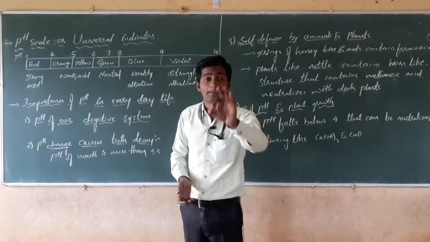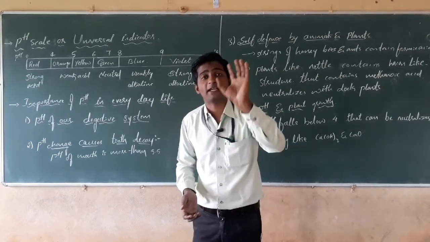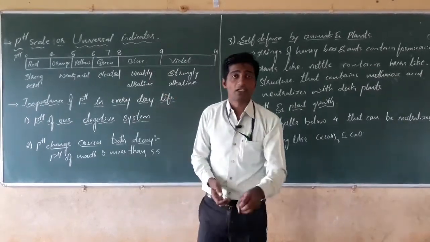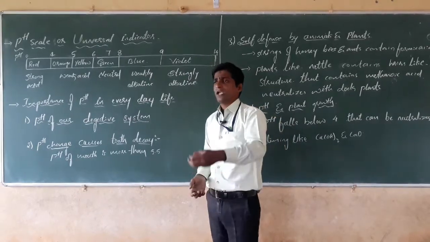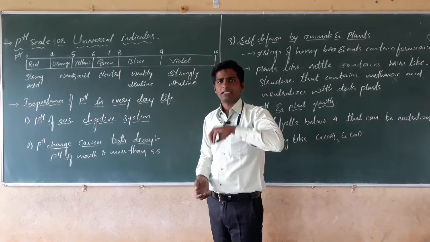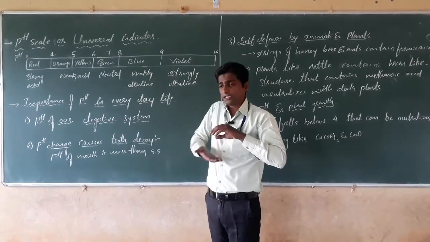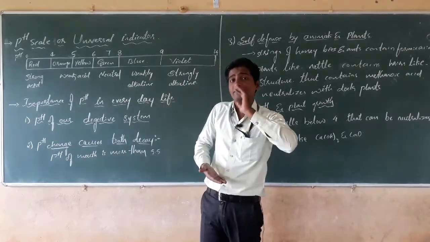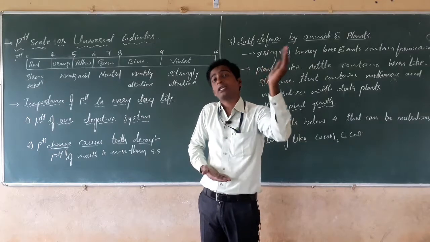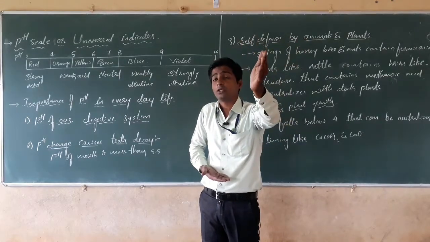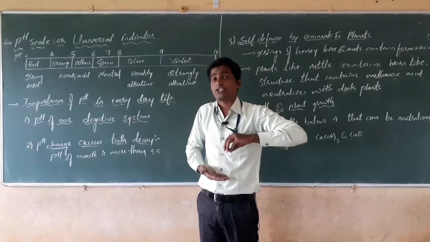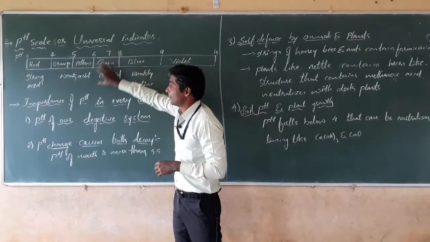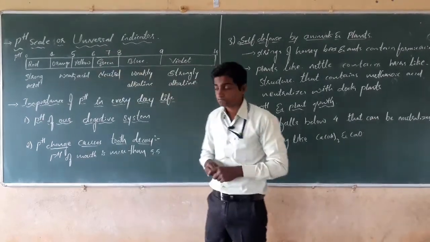Antacids contain a basic substance. The common antacid is magnesium hydroxide, or we can say milk of magnesia. When we take it orally, the acid will be neutralized. Whatever the pH range goes towards 0, the base, like milk of magnesia or other basic substances like ammonium hydroxide and aluminium hydroxide, we are using for neutralization. That will neutralize the acid and bring the pH towards the neutral state.